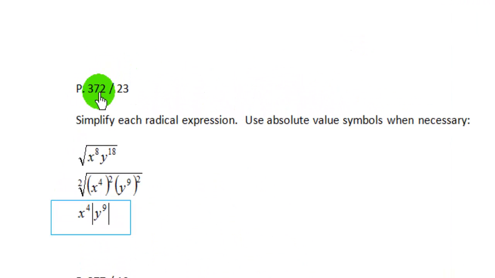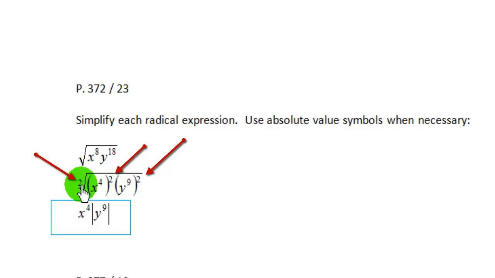For page 372, number 23, the directions read, simplify each radical expression. Use absolute value symbols when necessary. The problem reads the square root of x to the 8th, y to the 18th. Now, since the index is 2 and it's even, if we can, we're going to get each variable term to be something to the second power. So instead of x to the 8th, we're going to write x to the 4th to the second power,